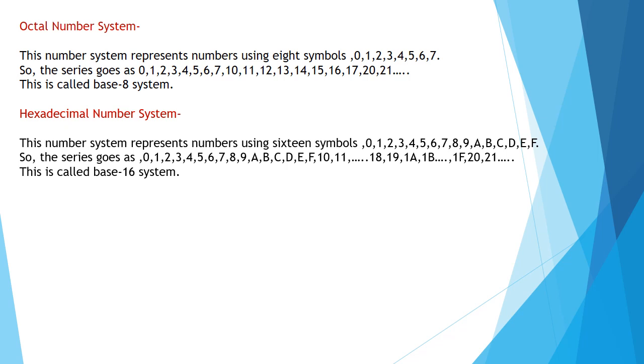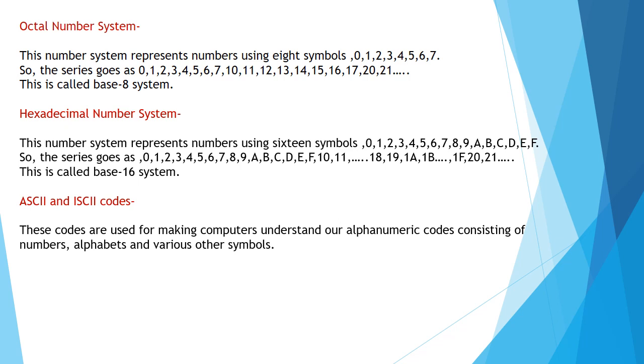Okay, let's see what ASCII and ISCII codes are. Basically, whenever any number or any symbol is written in computer systems, it needs to be converted into a form of codes, so that messages can be passed between the hardware and the software. Each character needs to have a different code, so that the messages can be non-ambiguous. Non-ambiguous means non-confusing. So whatever codes you give, they have to be converted into a particular encrypted form and given to the hardware or the software.